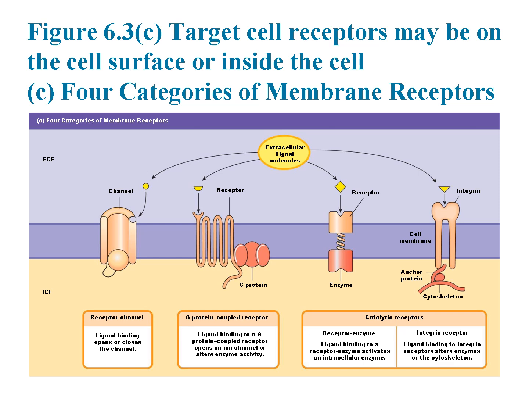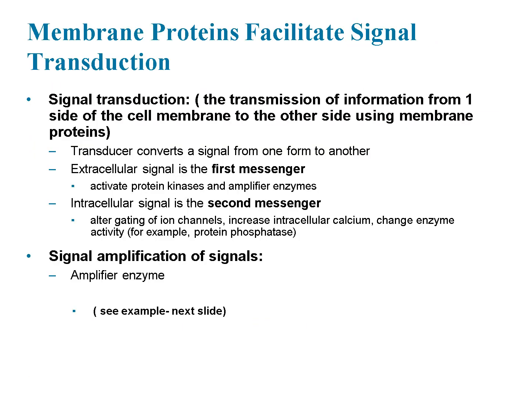for each unique signal. Signal transduction is a critical process that allows cells to convert external signals into internal responses, ensuring effective communication and control of cellular activities. This process involves membrane proteins, which transmit information from one side of the membrane to the other. The key to signal transduction is the transducer, a protein that converts the signal from its original form into a form that the cell can use.